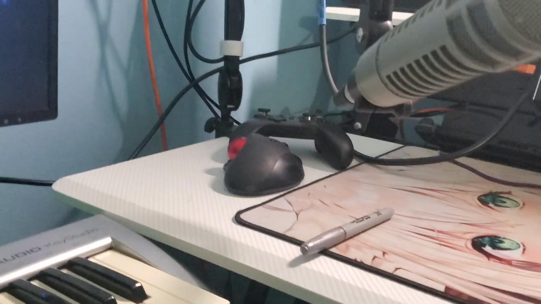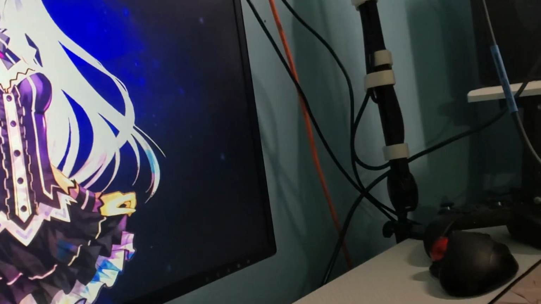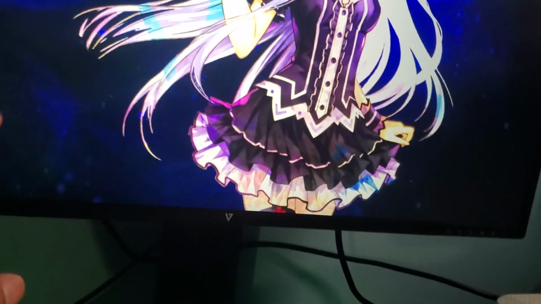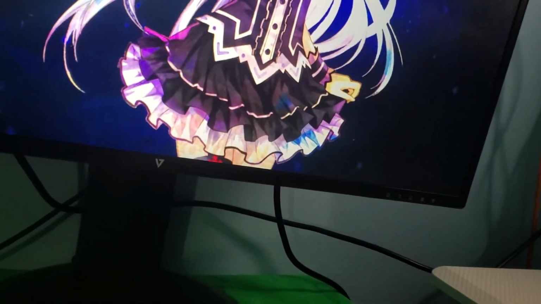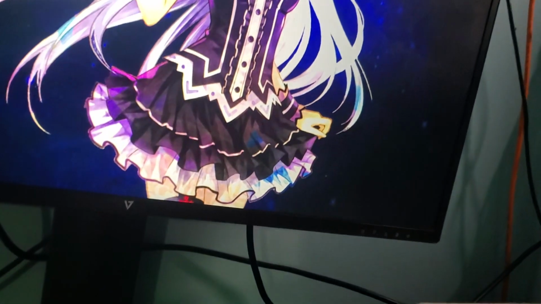Since the Mac Mini can only support 2 displays, this is the main one, and this is the secondary one. But since this is hooked up to a splitter, I can have 2 different displays because I need a separate display just for having a DAW open, so I can play that, and then also